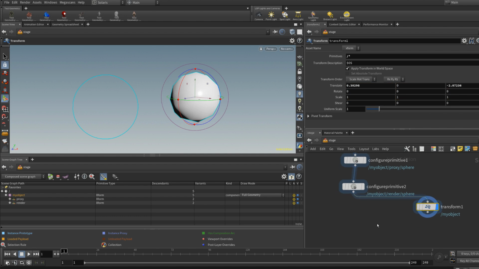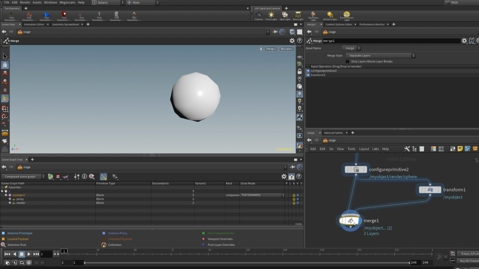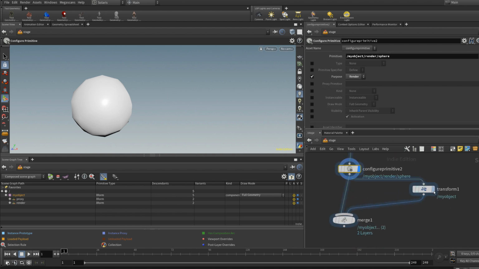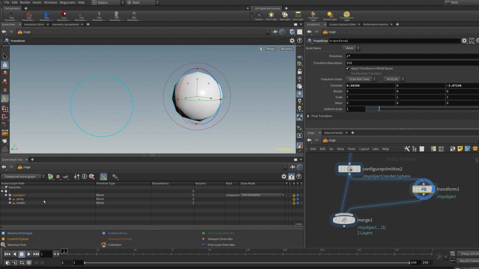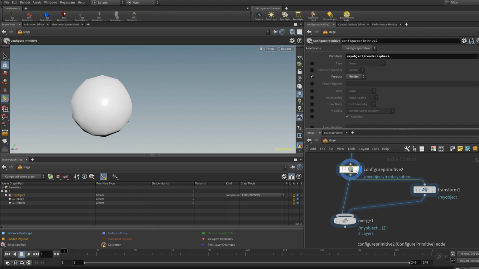Now, what's interesting is that if we try to merge those two guys, let's see what happens. We actually don't get those two spheres like you would expect in SOP, you know? And the reason is because the primitive is exactly called the same way, it's not merging things, it's basically sublayering a new position of these objects.